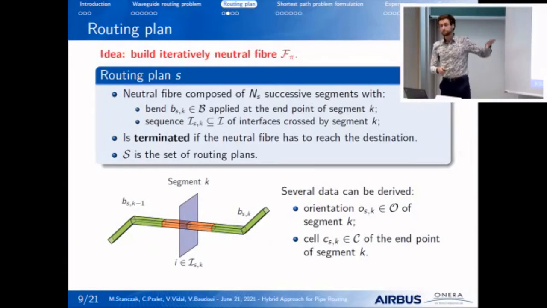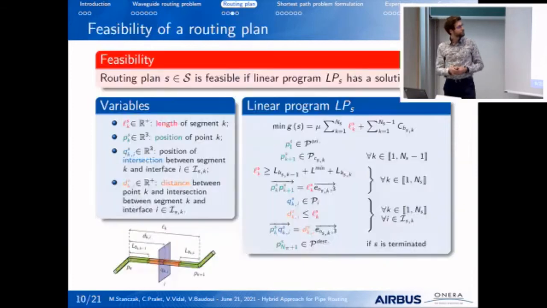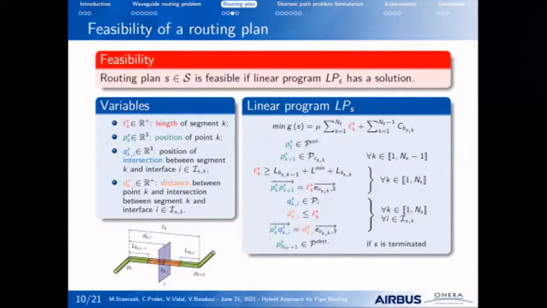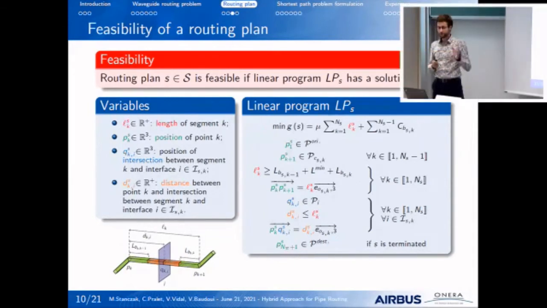From a plan, it is possible to deduce the orientation of each segment and the cell in which each vertex of the polyline is allocated. A routing plan is feasible if it is possible to build a neutral fiber that satisfies all the constraints of the plan. Thus, the feasibility of a routing plan S can be formulated as a linear program with the following